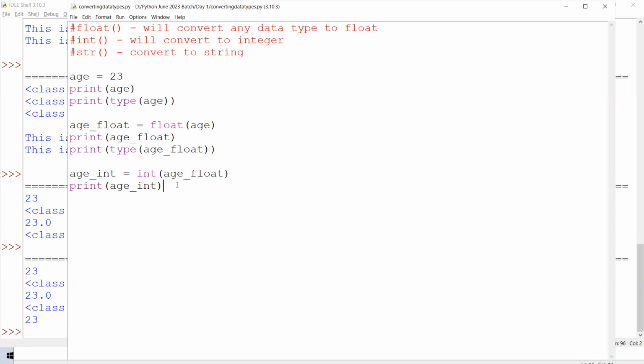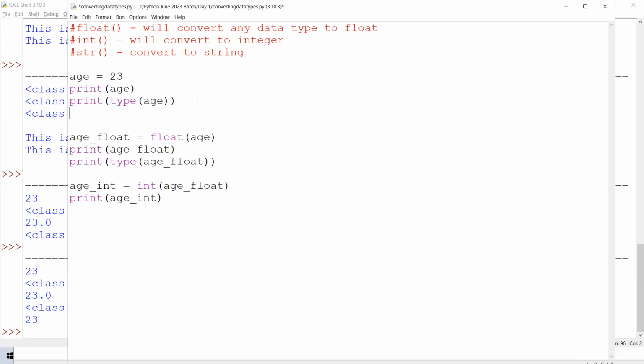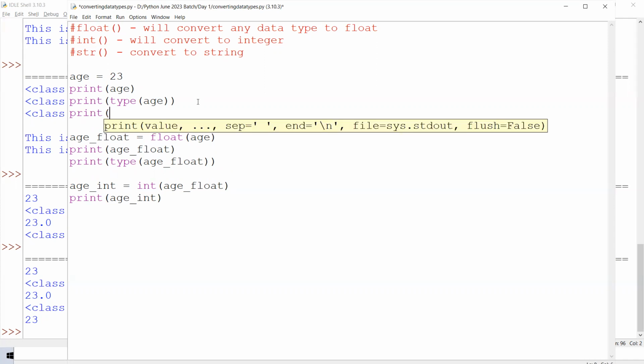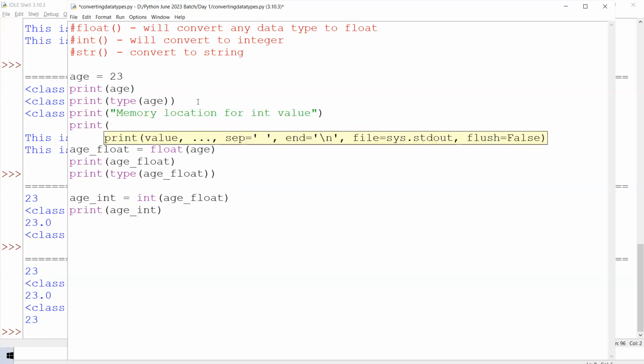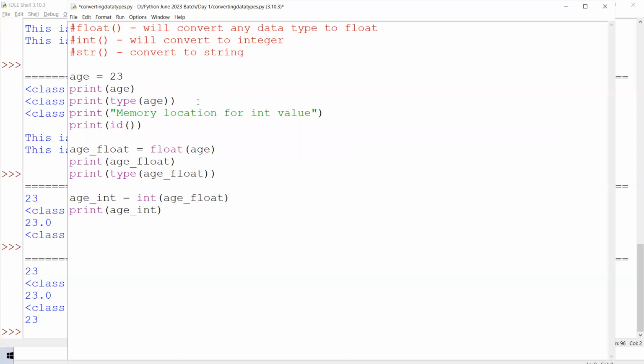That's a good question. So let's try checking. I've also not tried this. Just let's see. Here, this is the memory location for integer value. And I will just print here the ID of this age, and we are converting it here,